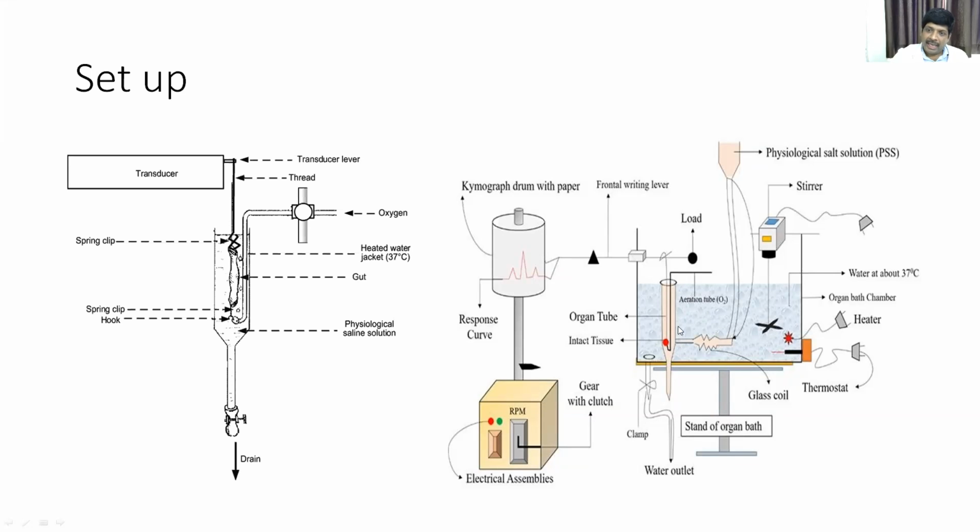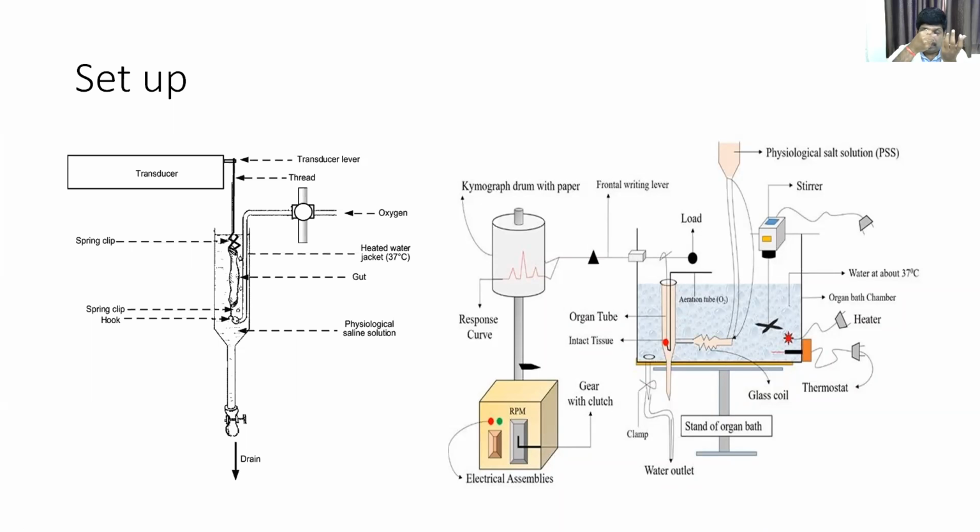Now, as soon as the drug attaches to the receptors which are present on the tissue, it will start giving the action. Say the drug has the property of contraction. So the tissue will start contracting here, right? If the length of the tissue is from here to here, it will start contracting. As it contracts, the thread will be pulled down, right? The thread will be pulled down, and the drum is always rotating. So as the thread is pulled down slowly and the drum is rotating, what happens? You will get a graph.